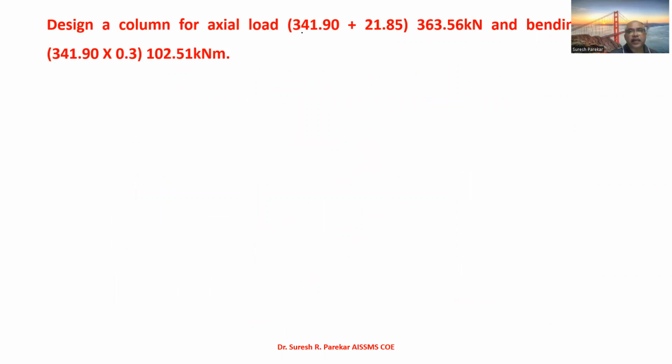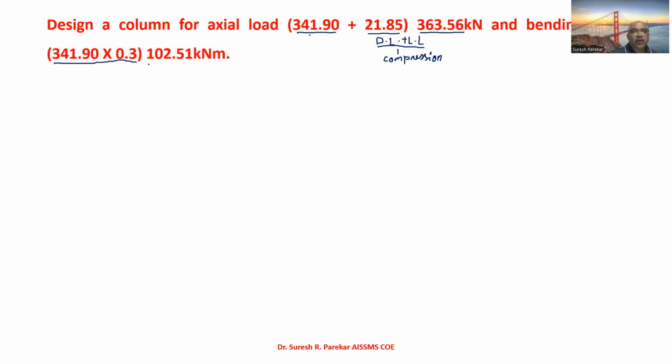I have the reaction of the gantry girder, 341.90, and this reaction is due to dead load plus live load, because dead load plus live load will develop compression and dead load plus wind load will develop tension. That will be in the opposite direction of the reaction due to the gantry girder, and therefore we have to add the dead load plus live load reaction. So the total reaction is 363.56 kilonewton, and the bending moment, which we have used already for the gantry girder,